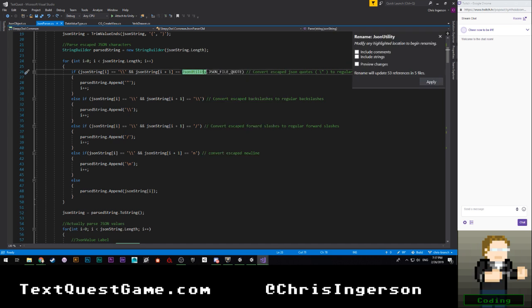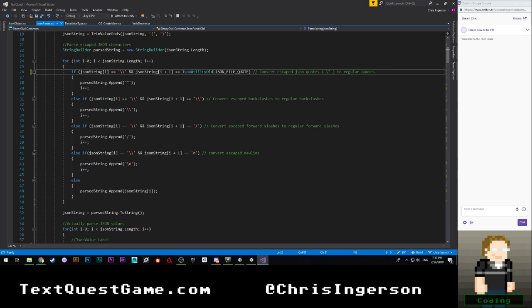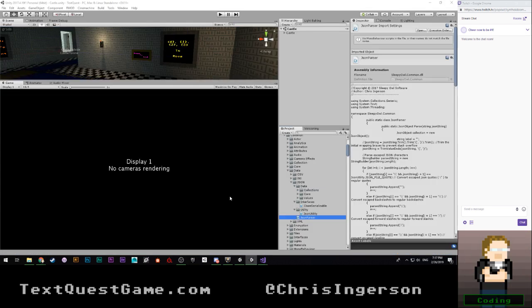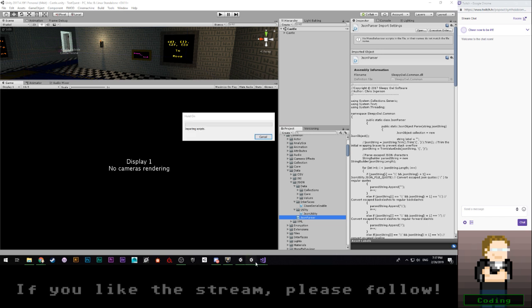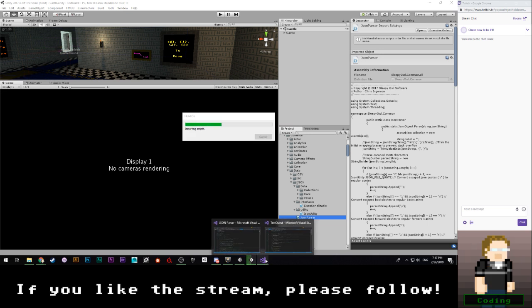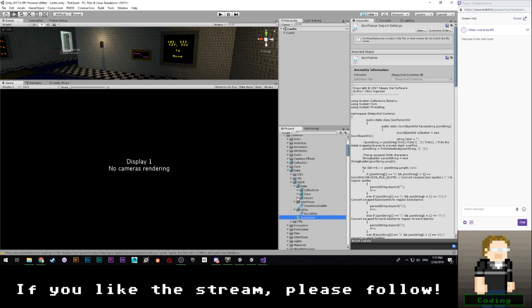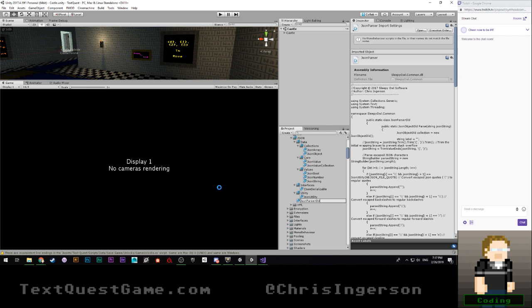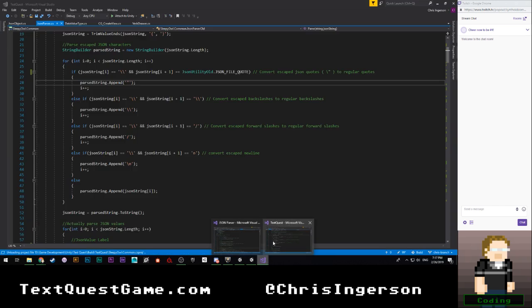So utility old. Okay, let's go ahead and let that compile over here, which I'm going to drag over here now. Let's see, I'm pretty sure we got everything. Yep. So now we just have to rename the actual script classes, which is the part that's going to take a while and be a little more frustrating, just because it's going to constantly beep at me, basically,